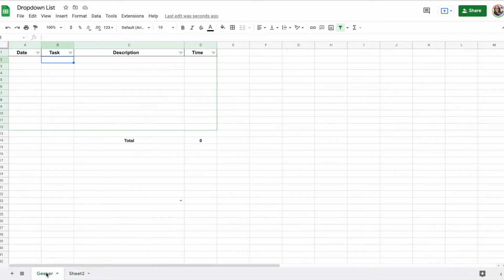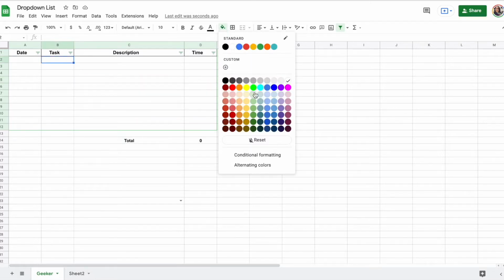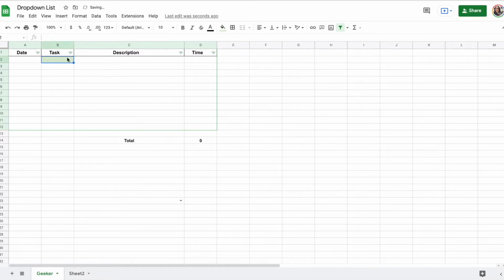I'm going to go back to my first tab. Now you have to select the cells that you want to do this for. So I'm just going to select the first cell. Okay, and I'm actually going to highlight this a different color because I want to show you something. All right, so I'm going to go to data